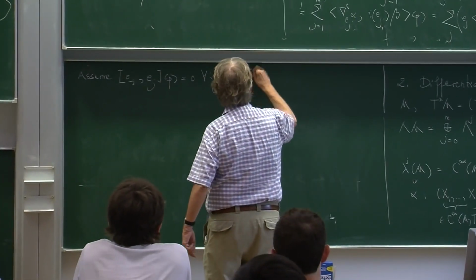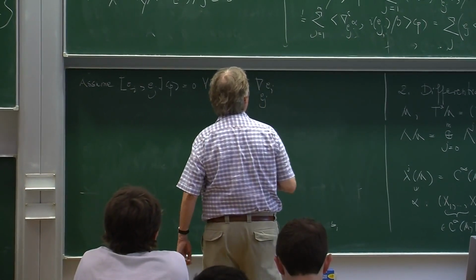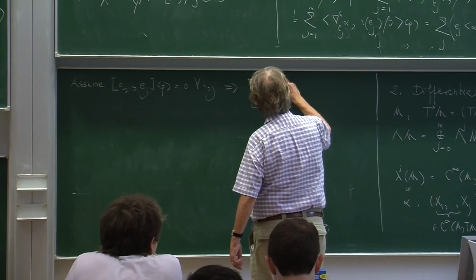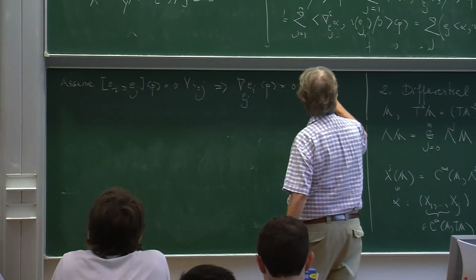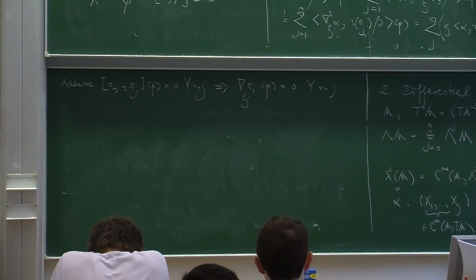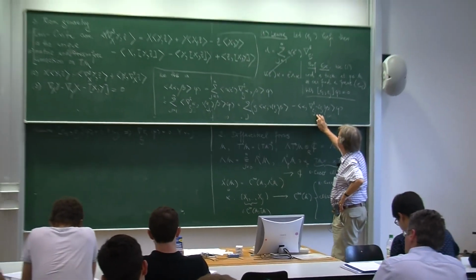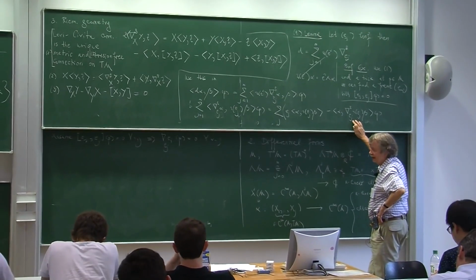This implies that also, by the Cauchy formula, for all ij. Okay? Now I look at this part here, and this is relatively easy to prove because nabla